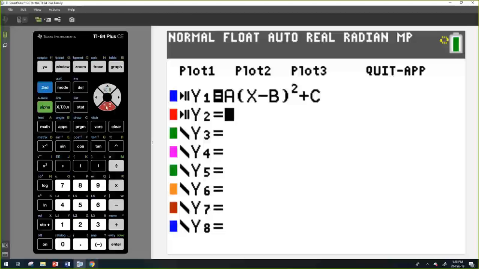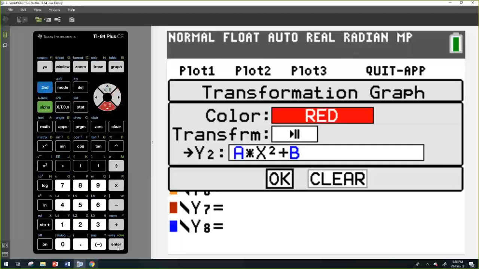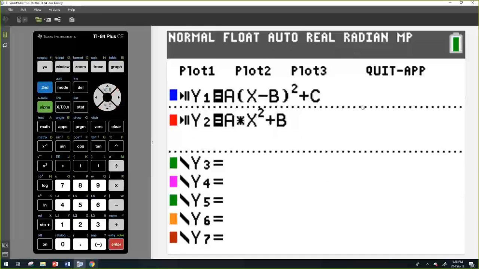And I'm also going to look at, just for a comparison, it's pretty much the turning point form, but where we've got a dilation and a vertical translation as well. Okay, so I'm going to look at these two. Usually, if I was doing this in class with students, I probably wouldn't look at two functions at the same time, but it is a really nice feature of this app that we can compare two different functions. One thing I'm going to change here is that I'm going to change this B value to a C,